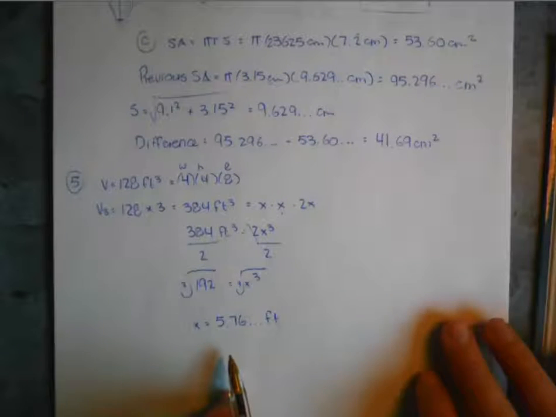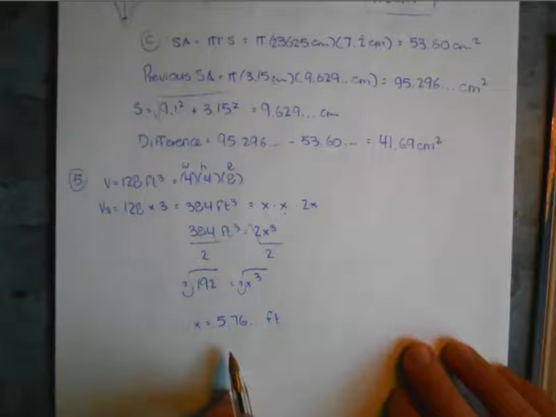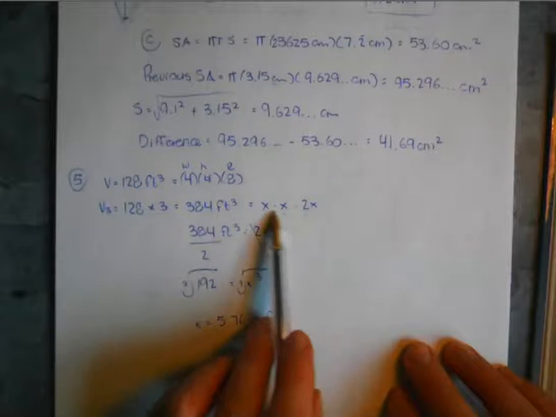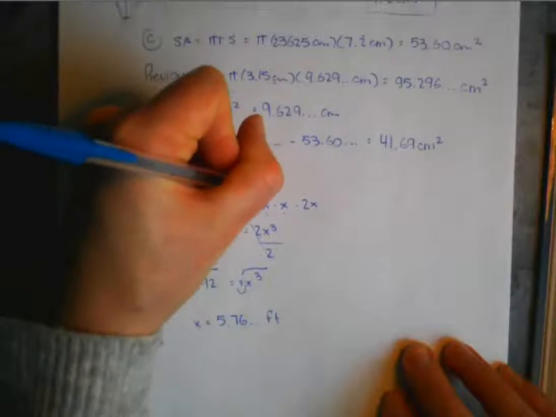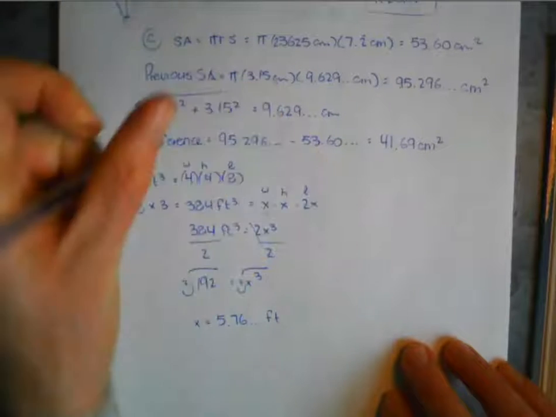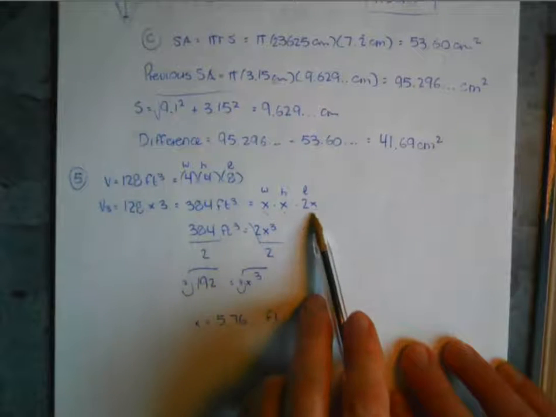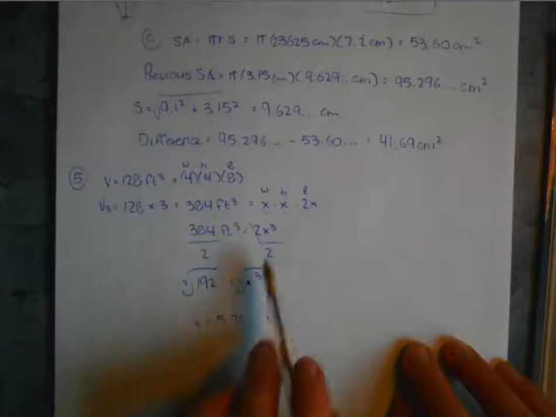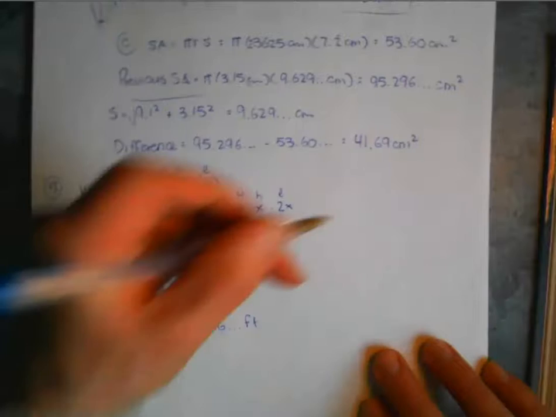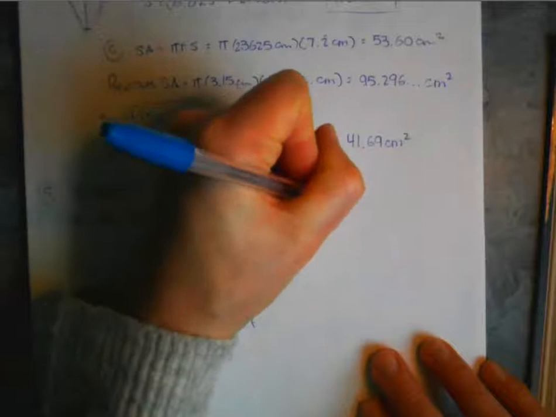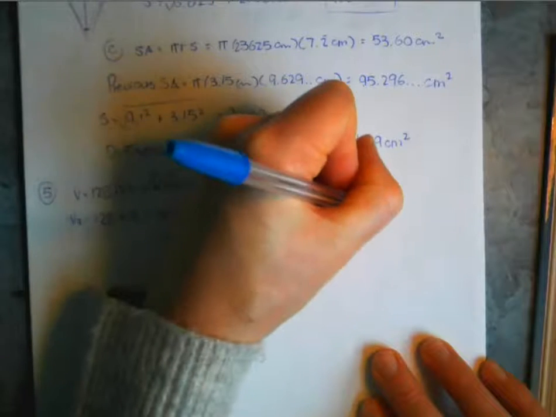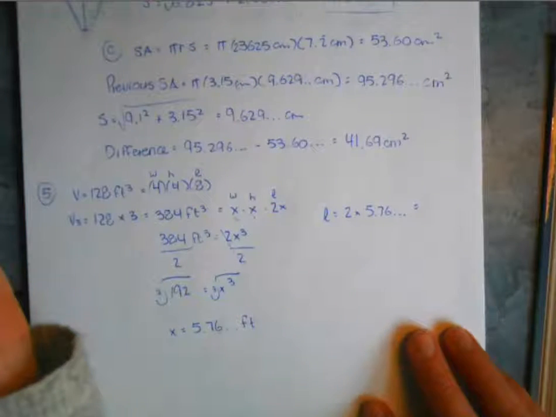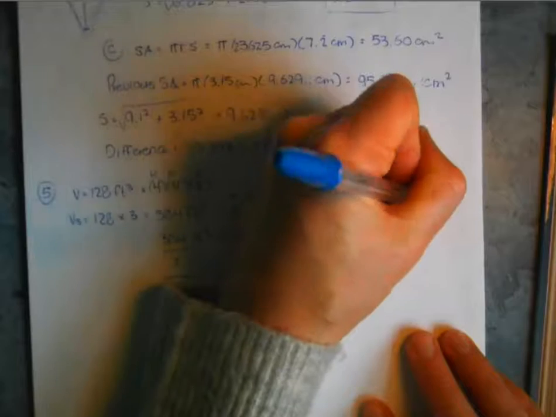So they are asking how much longer the second pile will be compared with the original pile. So when we did this formula here, remember it was width, height, and length. Okay, so length is actually 2x. So if we want to know the new length of the pile, x tells us the width and the height, but the length is twice that value. So length equals 2 times this 5.76 decimal number, and that gives us 11.537